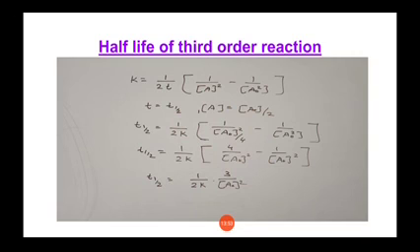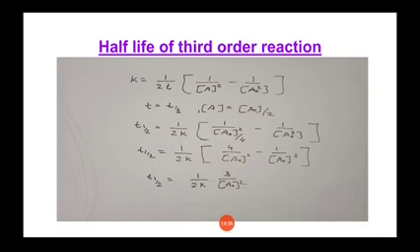So for simplicity we are exchanging two terms, that is K and T. Instead of T I am writing T1/2, and K will take the place of T, so it is 1 upon 2K. Now A square, so you have to square this A0 by 2, so it becomes A0 square by 4, minus 1 upon A0 square. Now the denominator of the denominator becomes the numerator, so it is 1 upon 2K into (4 upon A0 square minus 1 upon A0 square). As you know, if denominators are the same, you can simply subtract the values, so that is 4 minus 1. So our answer is 3 upon 2K into A0 square.